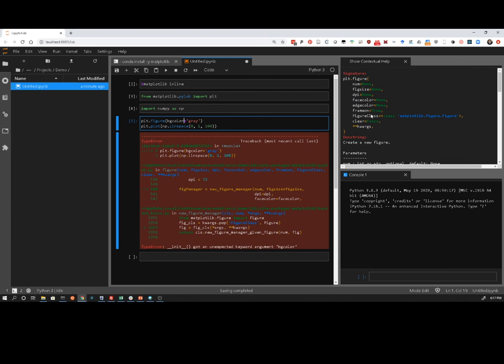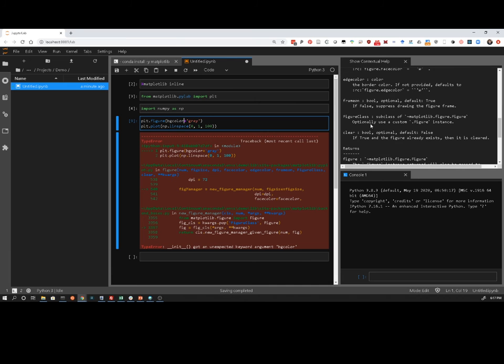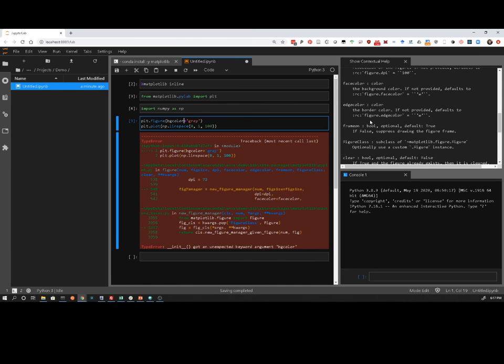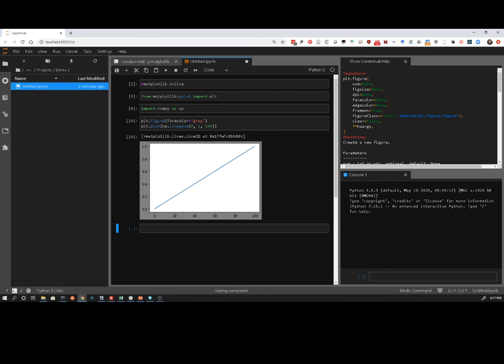Some of the parameters, especially for the Matplotlib stuff, they're curried into this keyword args argument, and so in order to see them, you have to read through a lot of documentation or look online. It looks like what I'm looking for here is face color. There you go. So I can make it match my theme if I wanted to, but